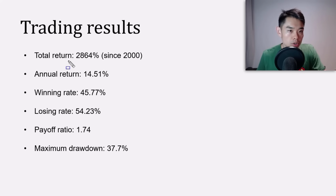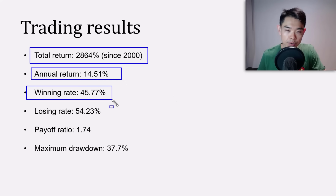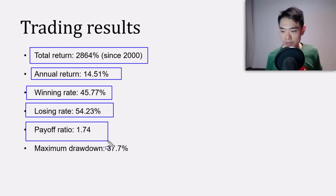Total return is 2,864% since 2000, so on an annualized basis it's about 14% annual return. Your winning rate is about 45%. You can see that it's less than half, so you're losing more than half the time. You're losing 54% of the time to be exact. Your payoff ratio is 1.74, so on average your gains are pretty large relative